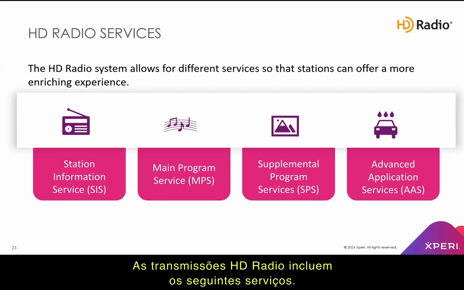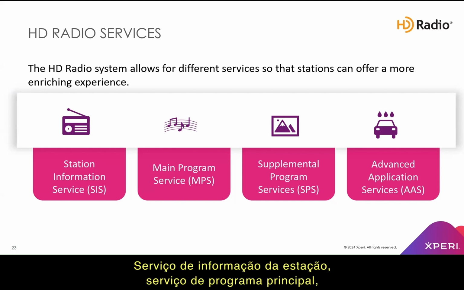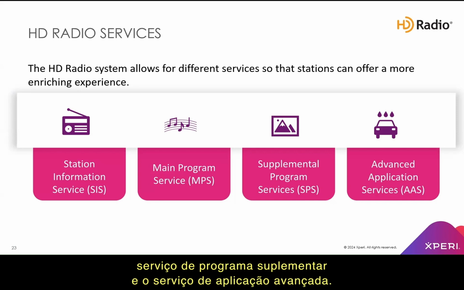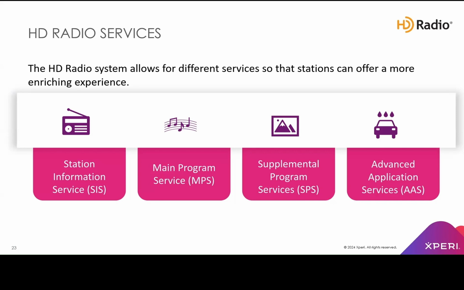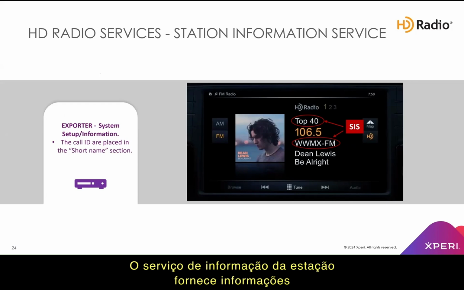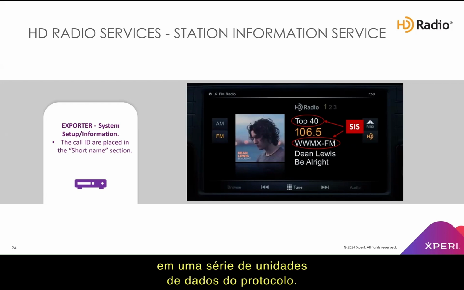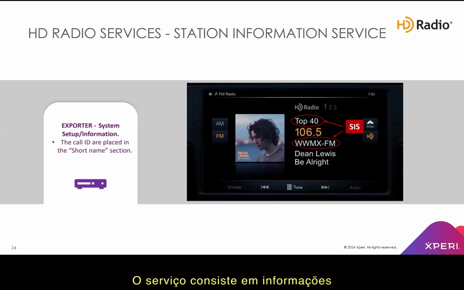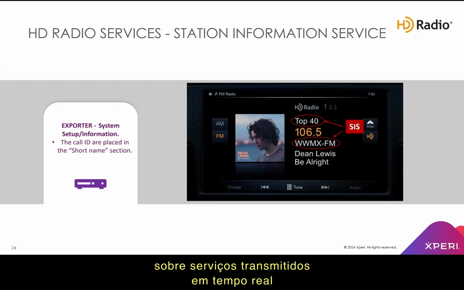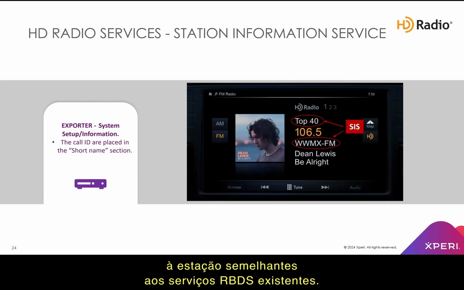HD Radio transmissions include the following services: Station Information Service, Main Program Service, Supplemental Program Service, and Advanced Application Services. Station Information Service provides station identification and control information. This service is transmitted in a series of protocol data units on the primary IBOC data service logical channel. The service carries information about real-time transmitted services, event schedules or calendars, and station-related system transmission information,